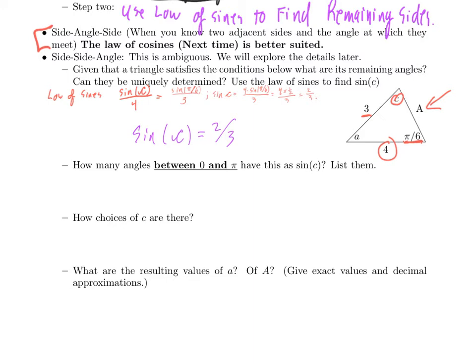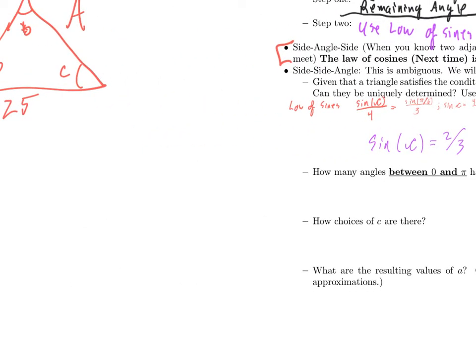But I don't want all of the possible angles. What angles can I see inside of a triangle? Well, for example, I couldn't see an angle of like 375 degrees inside of a triangle. The three angles of a triangle have to add up to 180 degrees, or pi radians, so every one of them is at most pi. You can't see an angle of 180 degrees inside of a triangle. An angle inside of a triangle is less than 180 degrees. So how many angles between 0 and 180 degrees, or between 0 and pi radians, have that as the sine of c? And in order to see how many there should be,